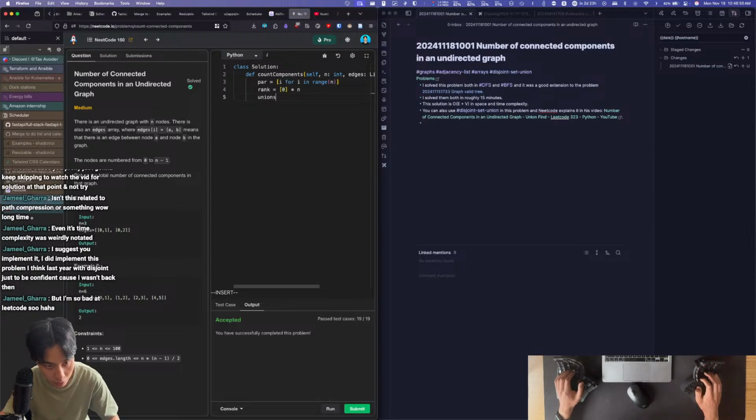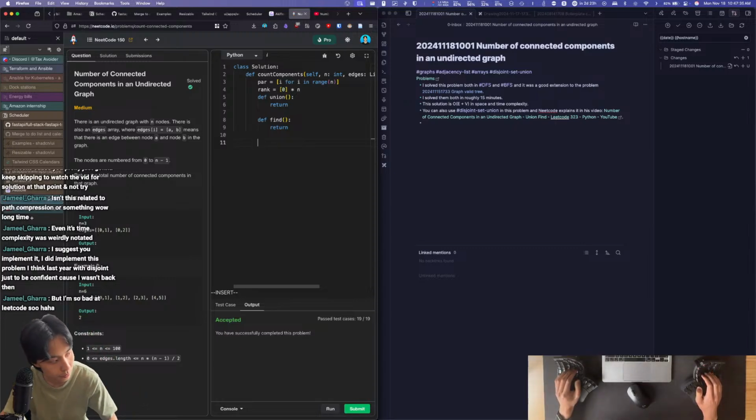I'm going to define a union and I'm going to define a find. Right, I'm defining a union of some kind and defining a find of some kind, where the union should return something and find should return something. Find, I think, should just return, in this case, the root node. And after you've gotten these 2 operations,